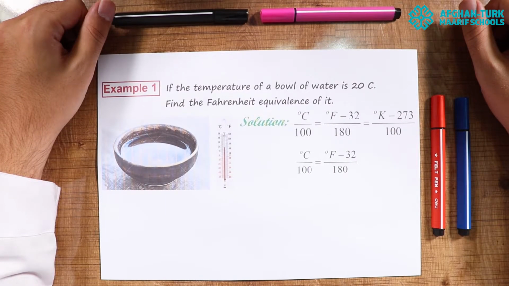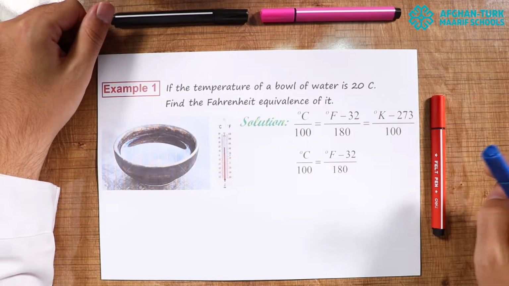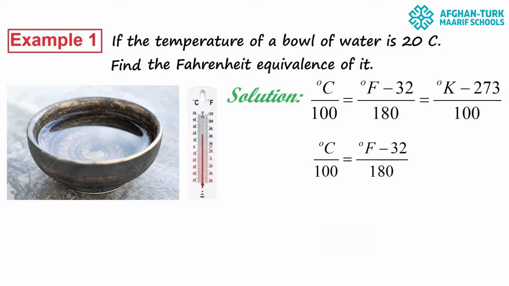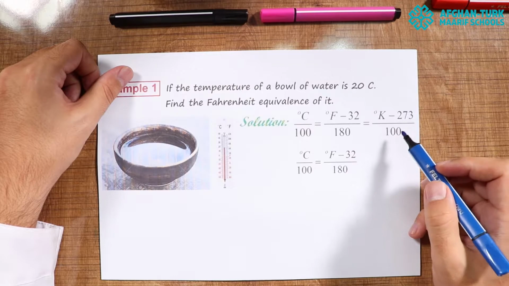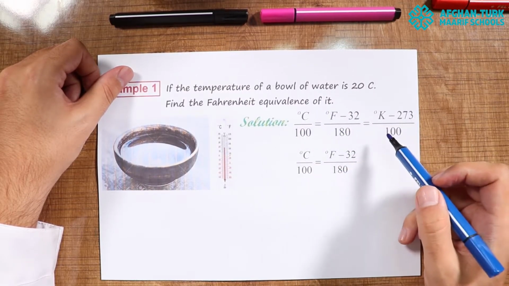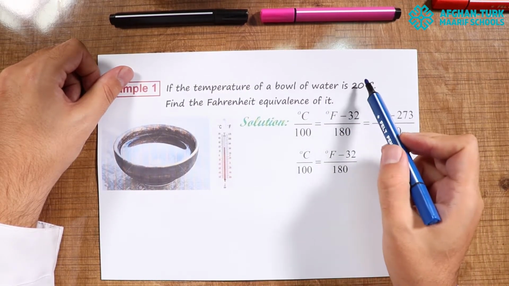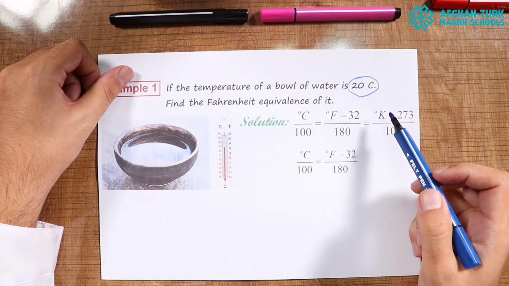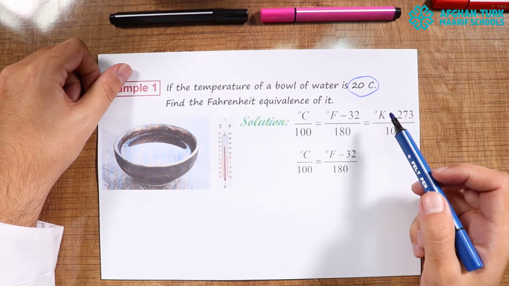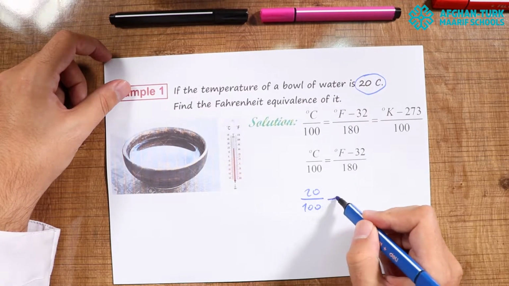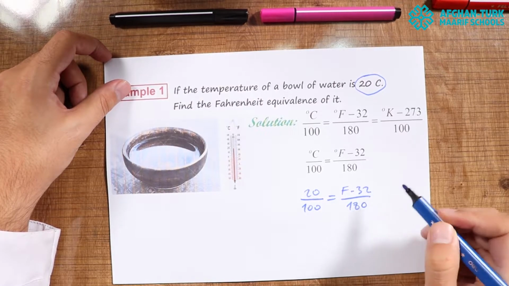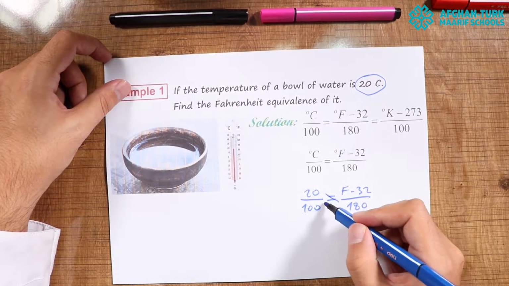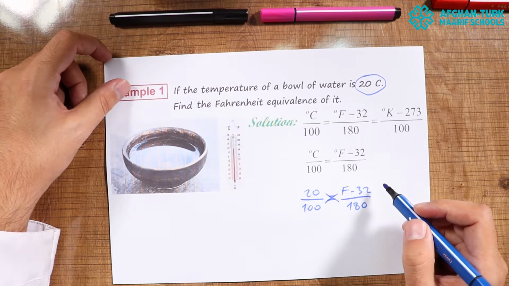We have a bowl of water at 20 degrees Celsius and we will find its Fahrenheit equivalence. This is our general relation between Celsius, Fahrenheit and Kelvin. I will use the left side of the equation and the Celsius was given as 20 degrees. So when I cross multiply, 20 divided by 100 is equal to F minus 32 divided by 180. So from the cross multiply, I will have